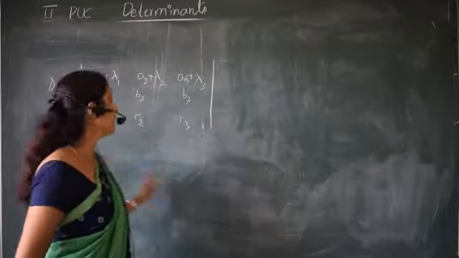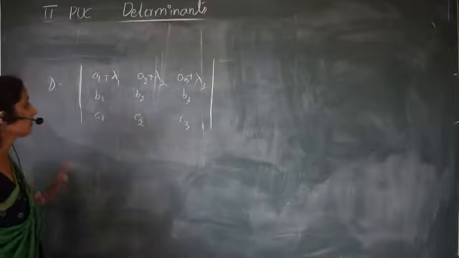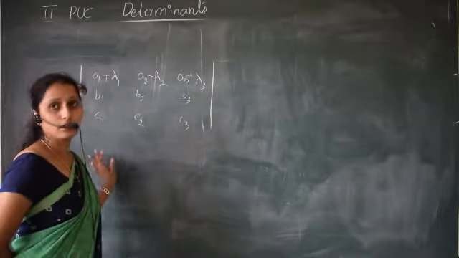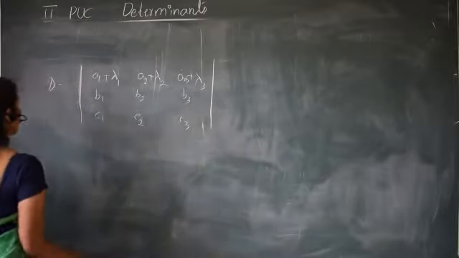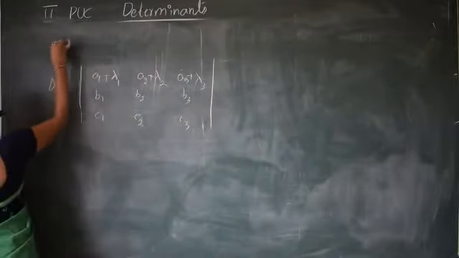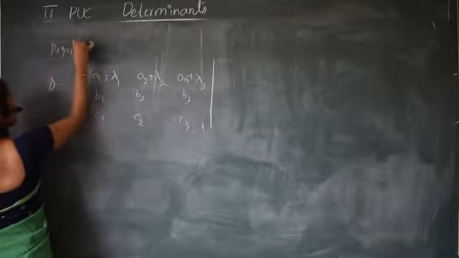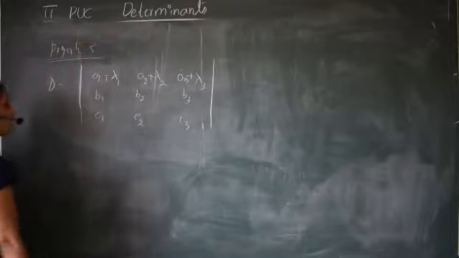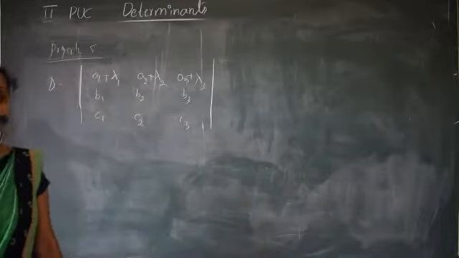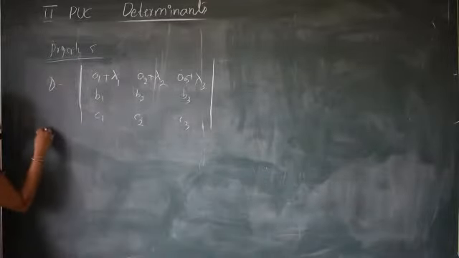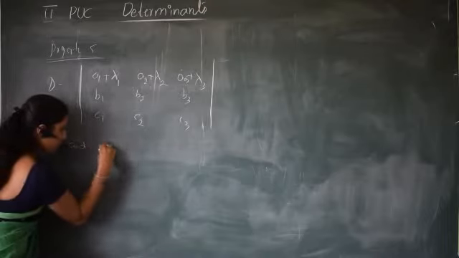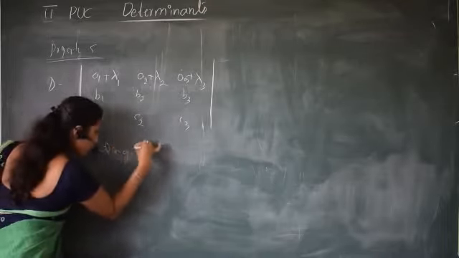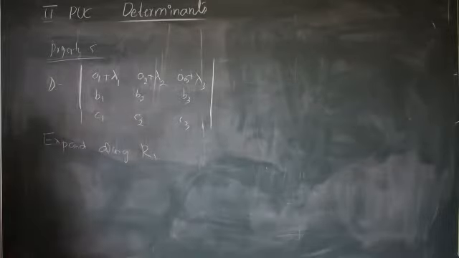So we have taken delta as a determinant with first row a1 plus lambda 1, a2 plus lambda 2, a3 plus lambda 3. So now what we can do is expand along R1. This is property number 5. Now I will expand this along R1. So delta is equal to